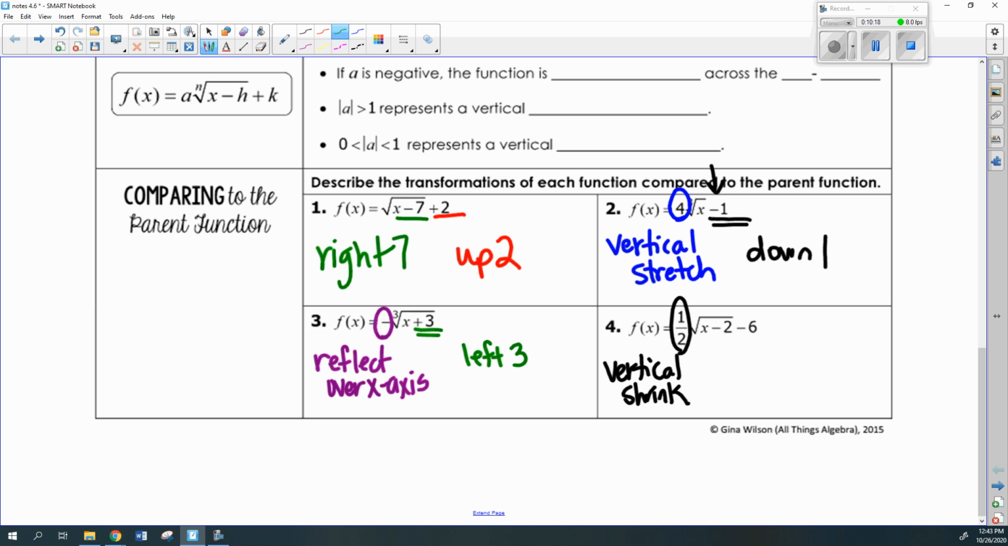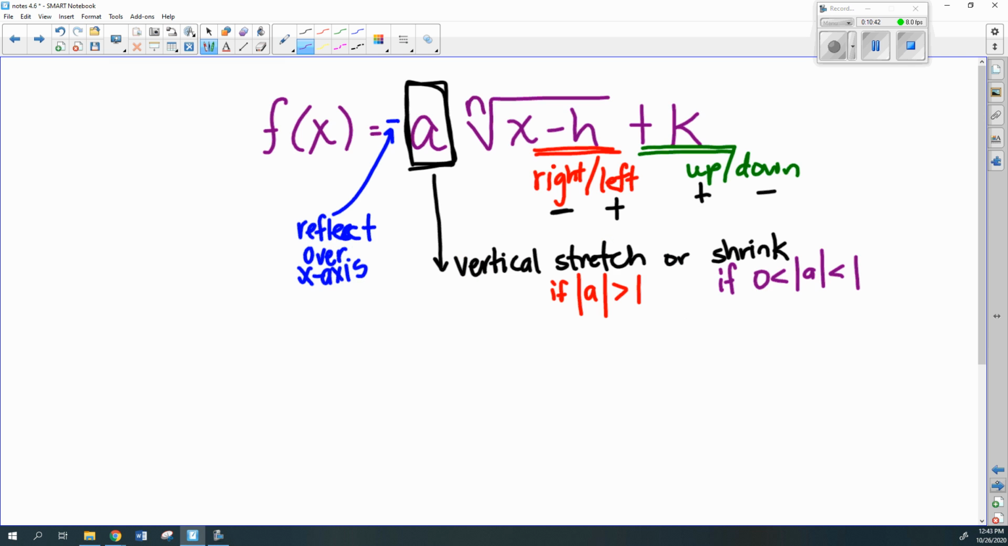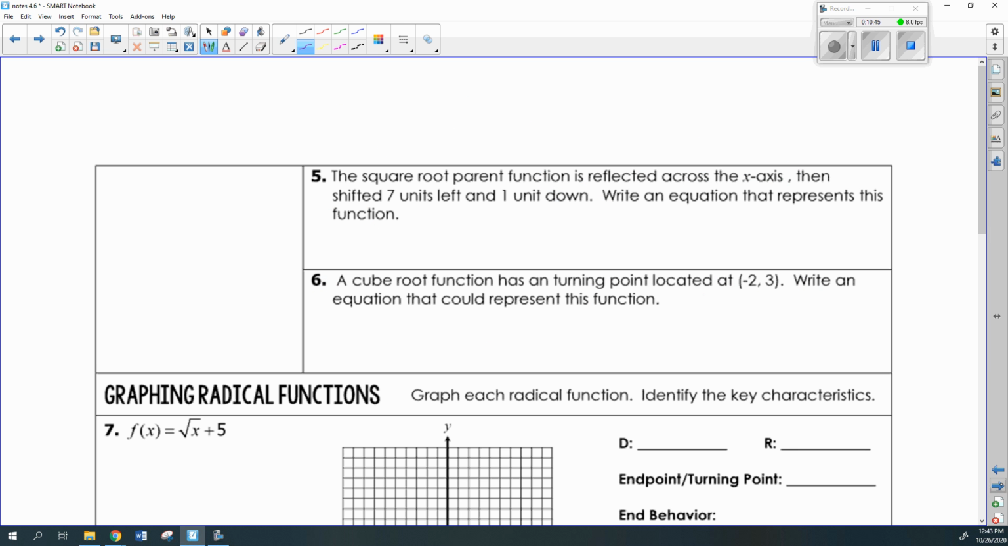Then we have a -2 under the grouping symbol. So that's right 2. And then we have a -6 out of the grouping symbol at the end. So that's a down 6. All right, so remember you could have lots and lots of transformations in the same problem. All right, well now we're going to take it one step further, and I am going to give you a